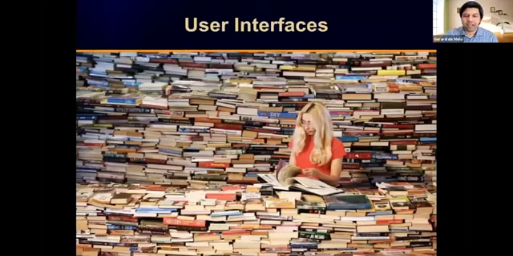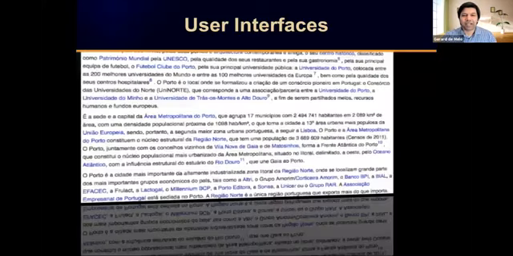So finally, the final part of my talk, just a few notes about going towards user interfaces as the next level. This last example already showed that user interfaces matter. If we look at how people read, they used to read classic books, and nowadays we read things online on our screens.